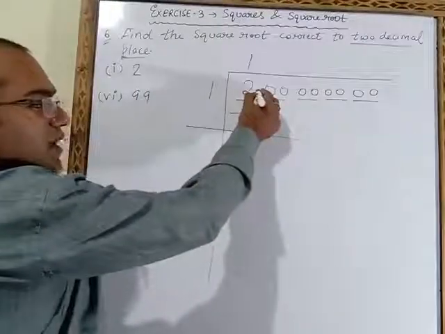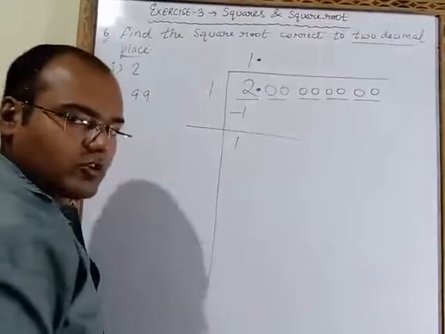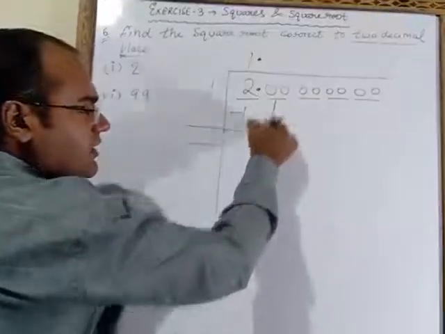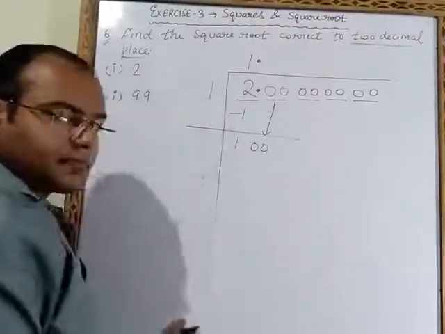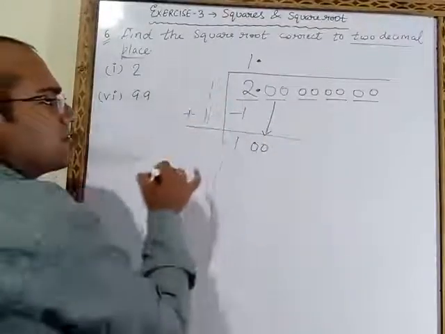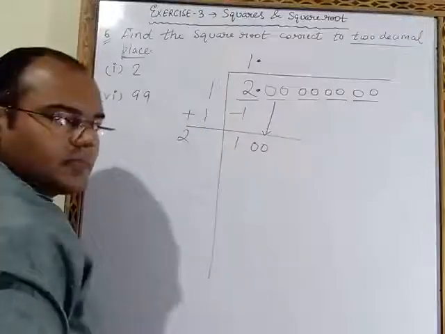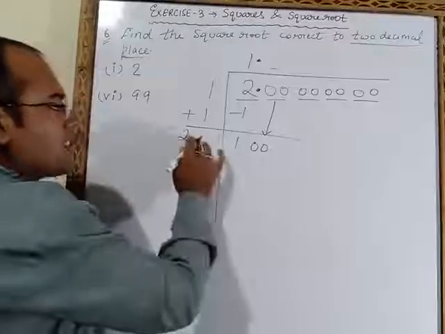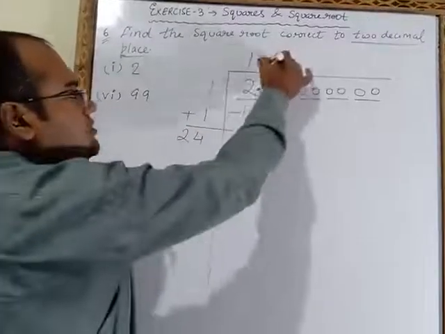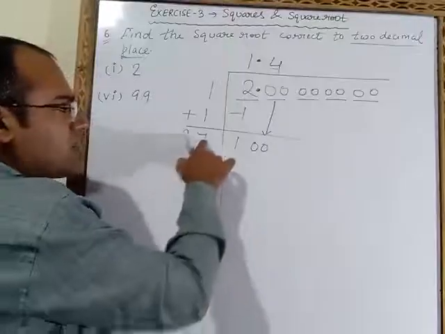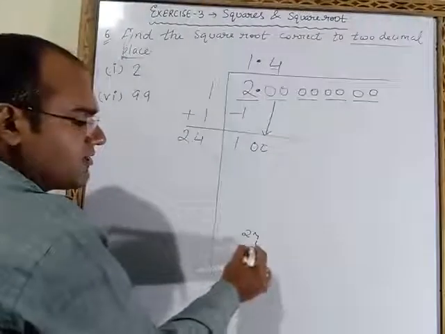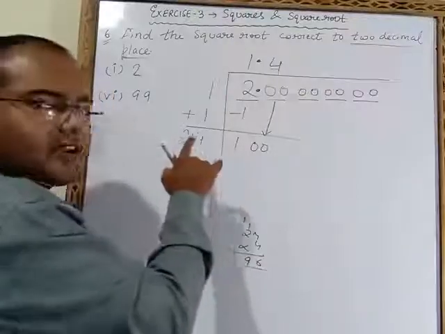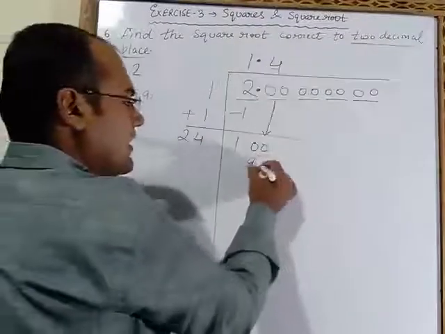Now point is coming, so in the answer also you have to put point. Now after that 00 are there, both are underlined. When we will bring it down, we have to write them together. Now this one we have to add here. 1 plus 1 will become 2. Now same number I have to write here also and here also. If I will write here 4, then there also I have to write 4. So this will become 24, 4 ja. On multiplying it, answer will be 96. So that means I had written here correctly, 24, 4 ja 96.